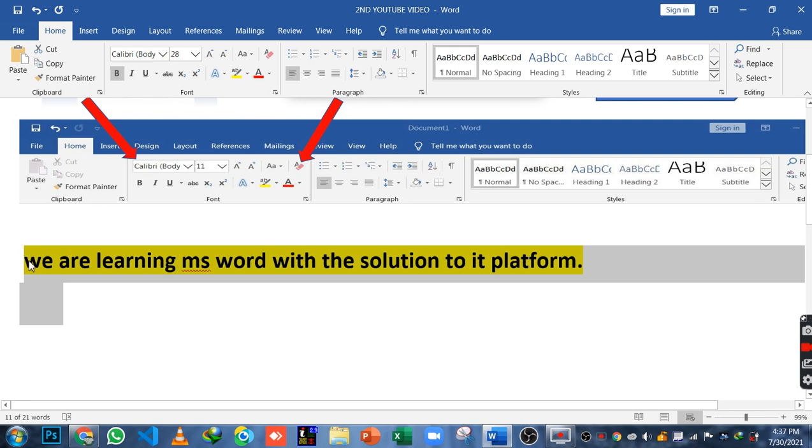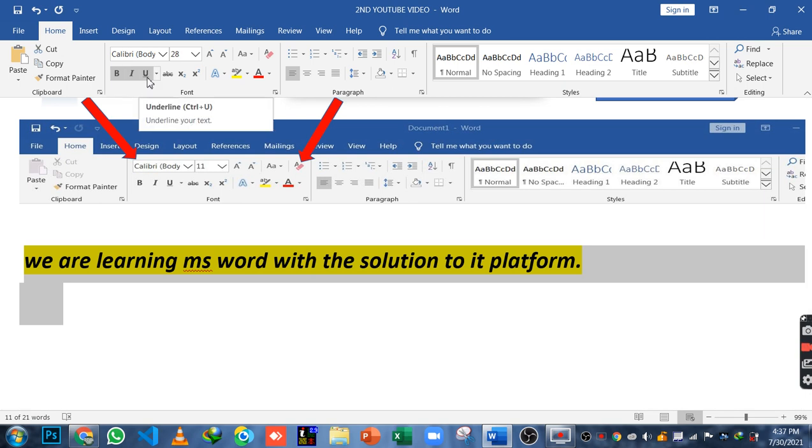As you can see, we have applied the command of bold. Now I want to make it italic. So I will click on the option of italic. As you can see, it has been changed into italic. Now I want to give the underline to the text. So I will click on the option of underline.